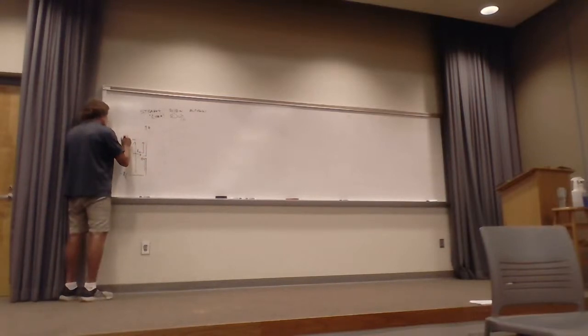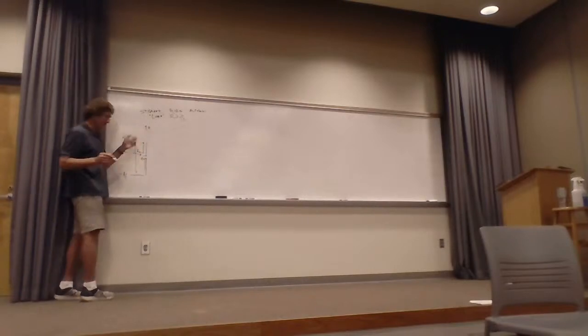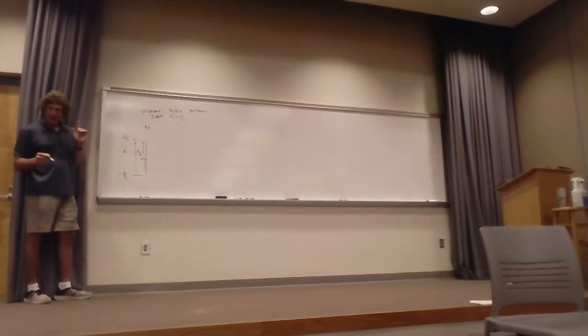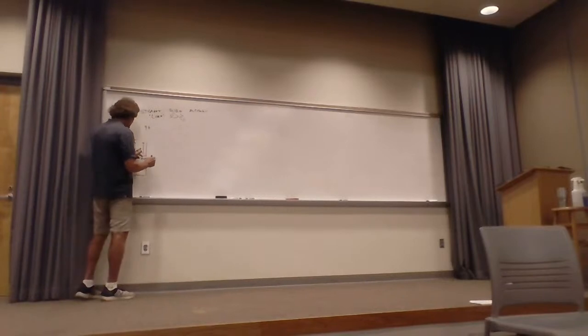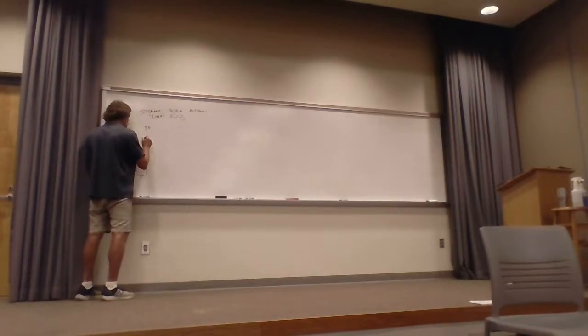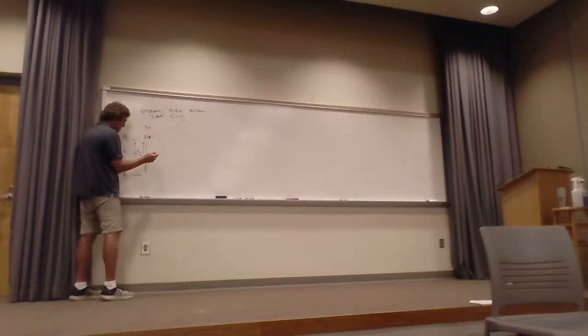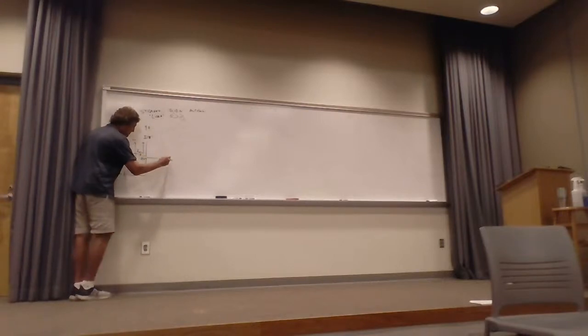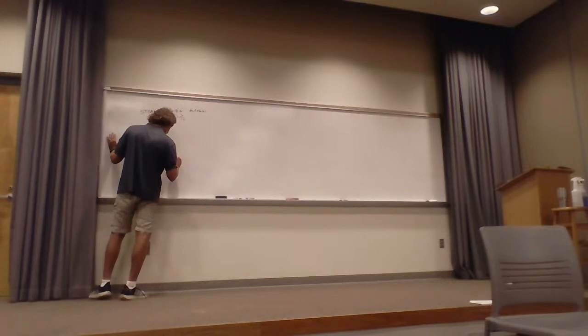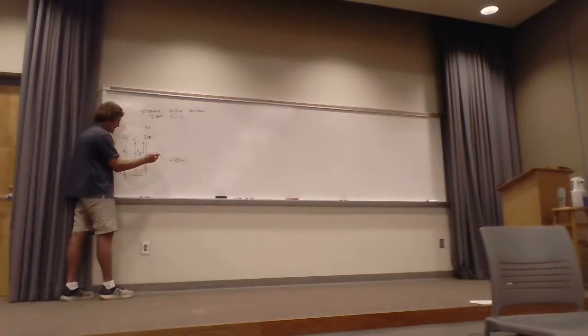And the top one is going to be at L over 2. Remember, we're in the Z direction. Total length L. The actual current on this wire, anywhere on the wire, is going to be a function of Z. And I'm just going to try to draw it. If this is the magnitude of current going this way,